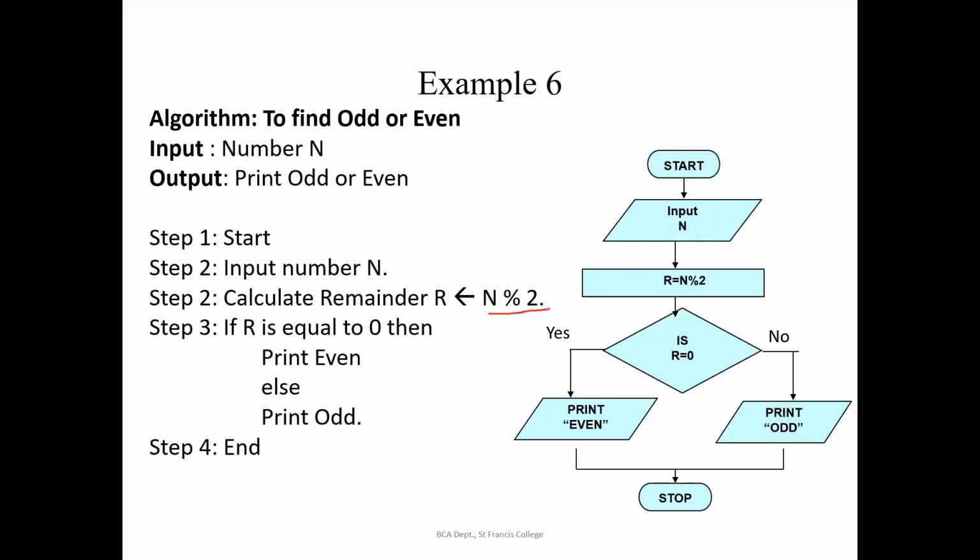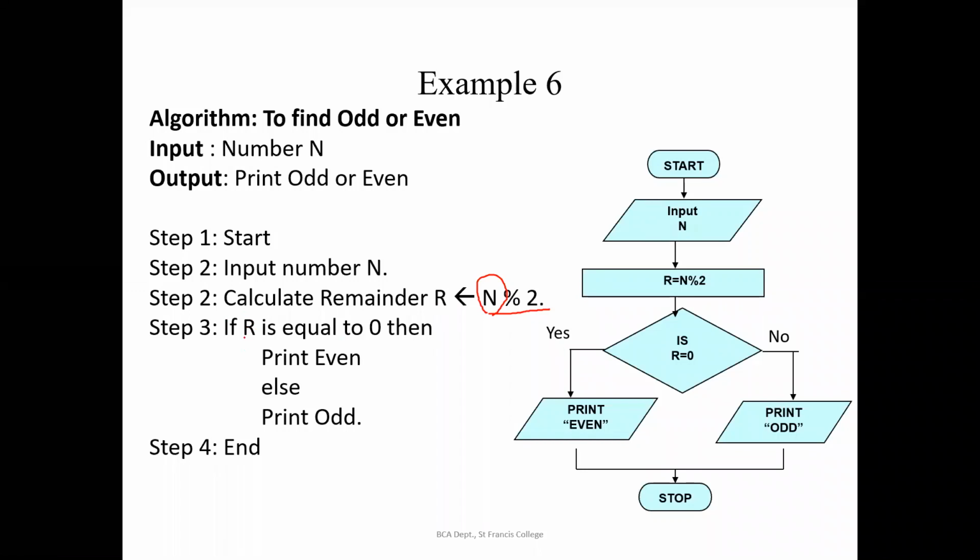It will be giving you the remainder. If you are using a division operator, you'll be getting the quotient. Hope it is clear. So the mod operator will be giving you the remainder. Suppose I am accepting 39 here. 39 mod 2 will not give a remainder 0. That means 39 is odd, right?